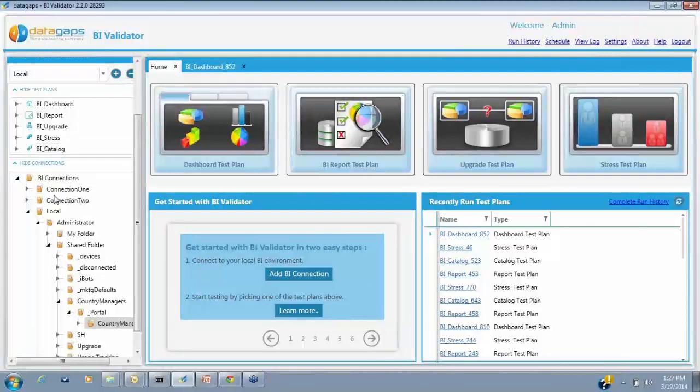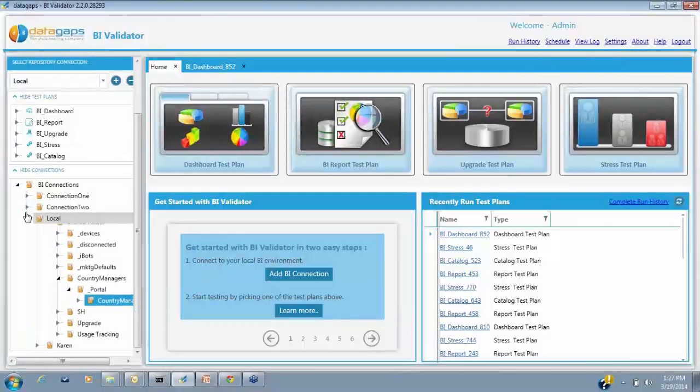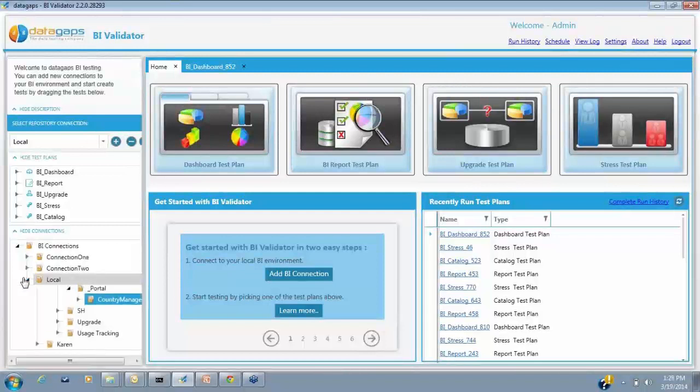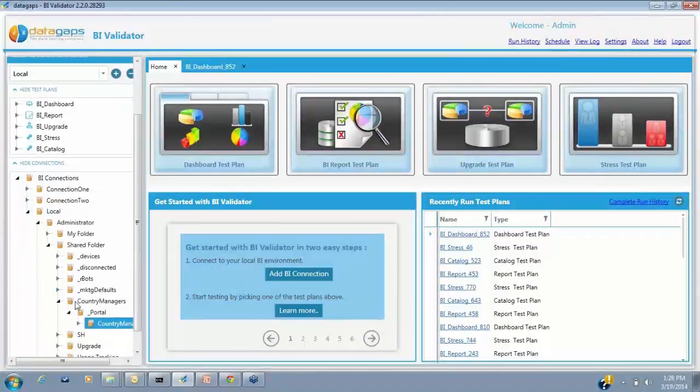Okay. And here at the bottom, what you notice is these are my BI connections. There are two on Amazon, one is a 10G, the other is an 11G, and the local. We support all environments. On the local, I have a 10G, so I'm just going to show you one or two quick examples using my local one, just because it's faster.